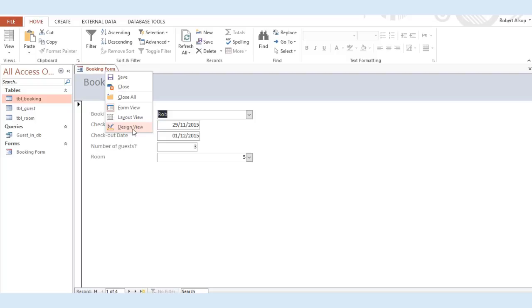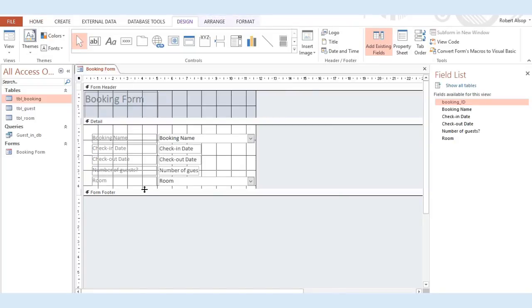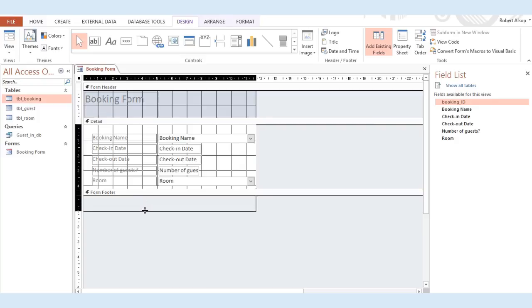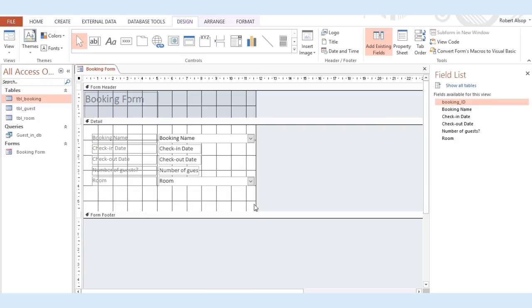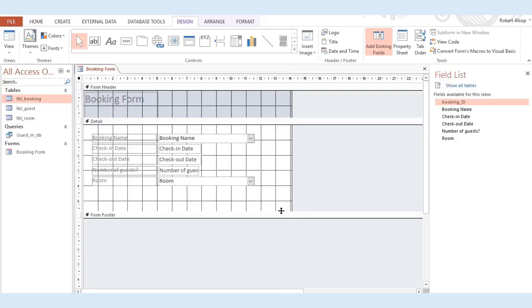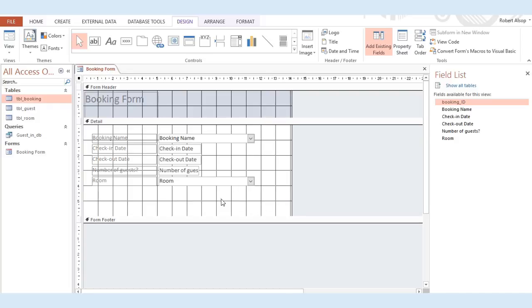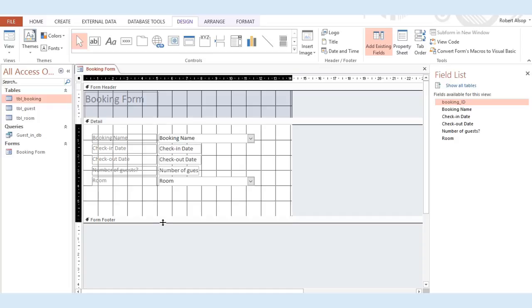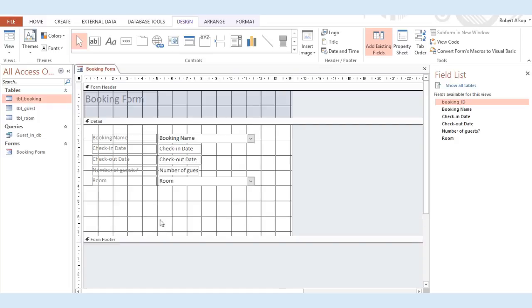Okay. Now this is the design view of the booking form, not a particularly user-friendly layout, but it is what it is. I'm just going to make the pages slightly wider. Okay. And the first thing I'm going to do is add a button. Now up at the top there's a button option here, so I'm going to select that, and I'm going to draw a new button in, which would say,